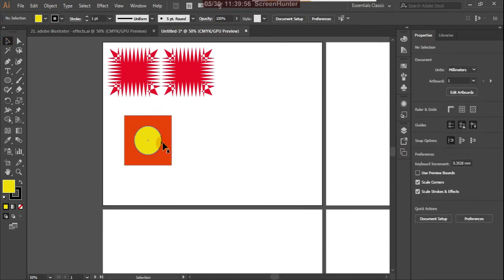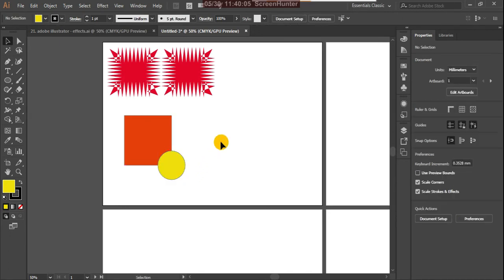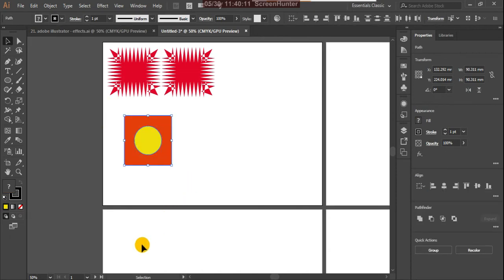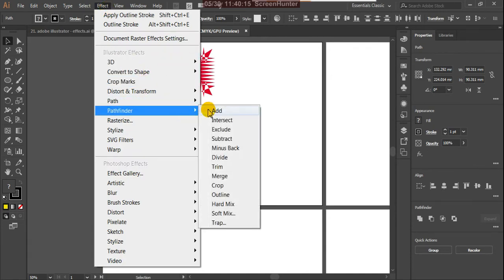See, this and this both are two shapes. Suppose I'll make here, both are two shapes, otherwise keep here. So drag and select these two, okay, and from effect, Pathfinder, suppose add,